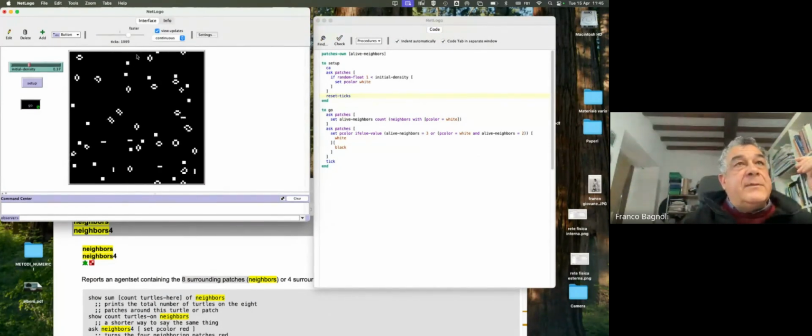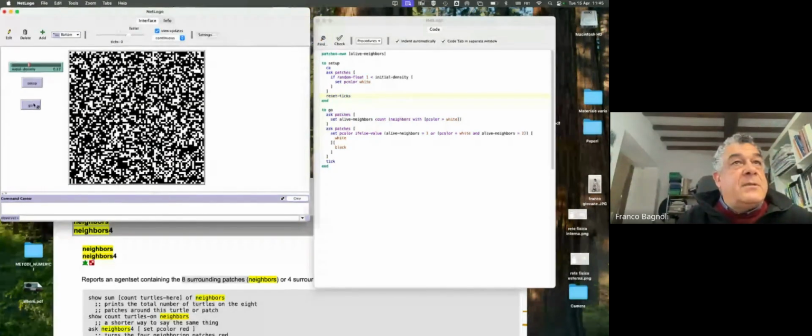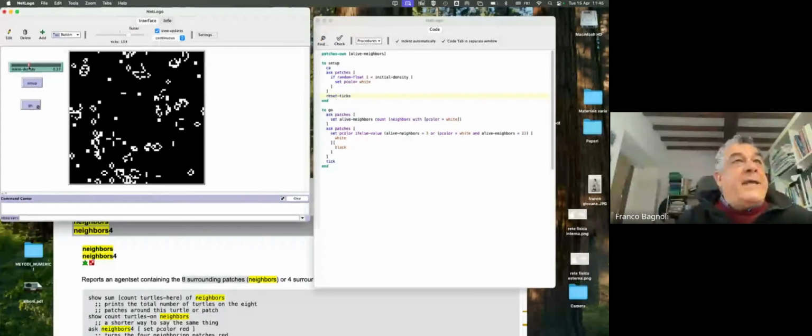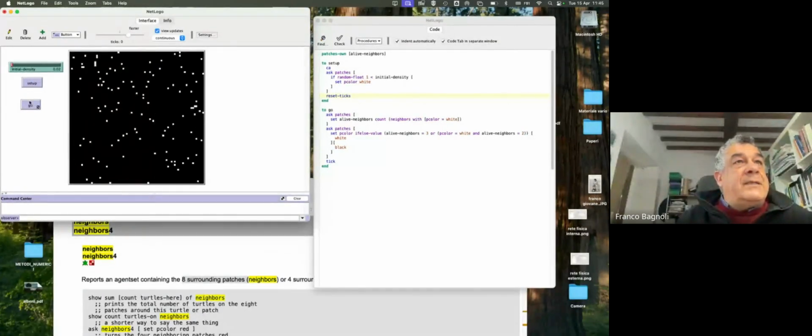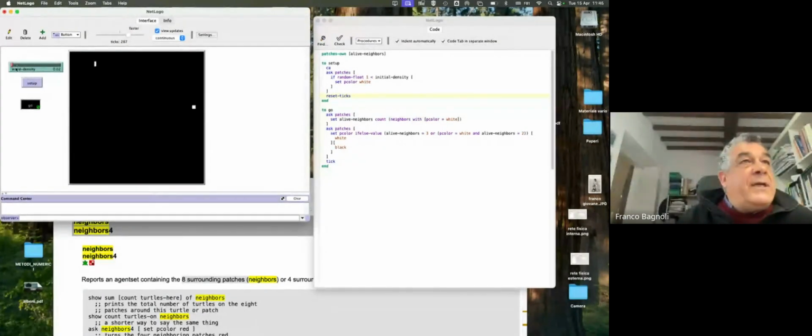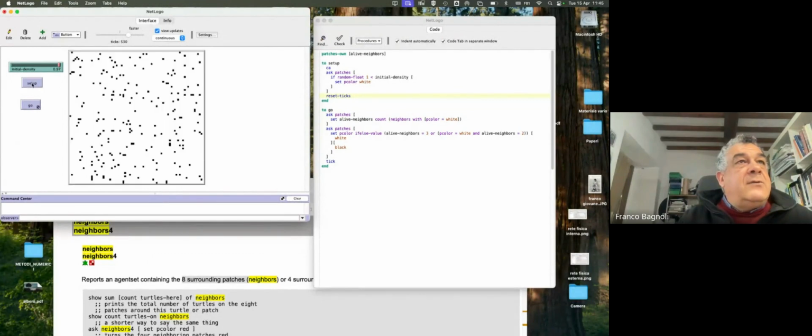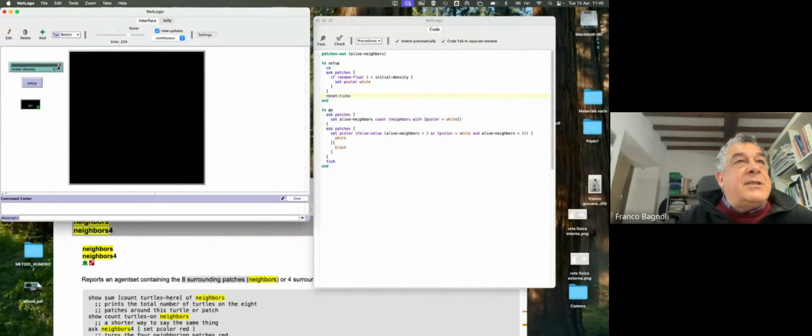On the order of 1,000 or 2,000 time steps should be sufficient. Okay, so now we see that, for instance, if we start with a very small initial density, it goes extinct. If we start with a very large initial density, it goes extinct. And in the middle,